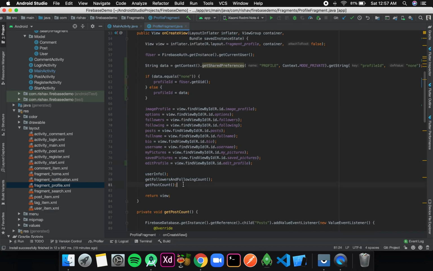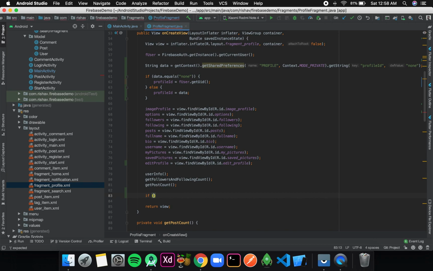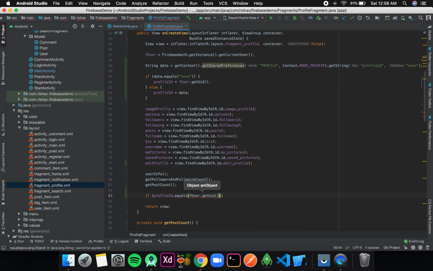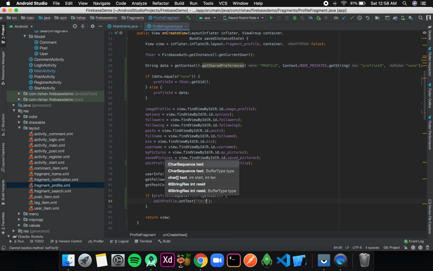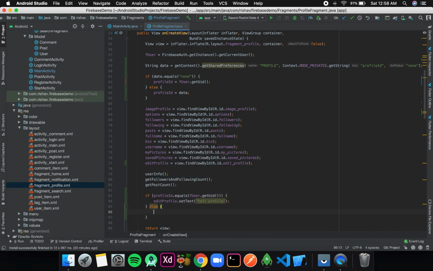Okay, and now over here at the end I'll write if profileId.equals(firebaseUser.getUid()), that means we are viewing our own profile, then the text will be the same. So editProfile.setText, and the text is edit profile. Okay, and if that is not the case, that means in the else block I'll create a method to